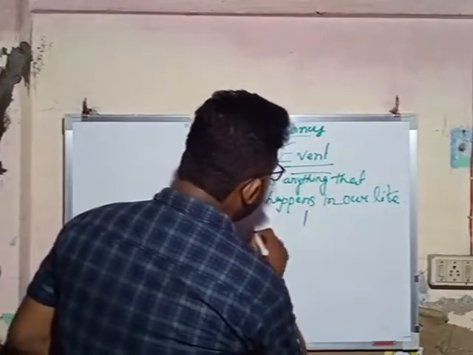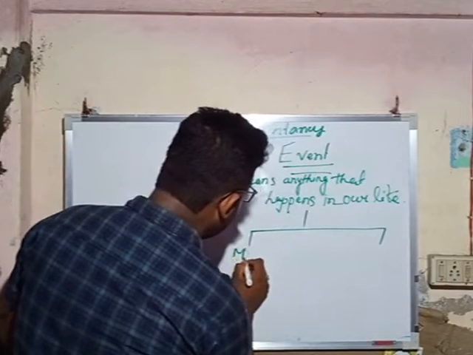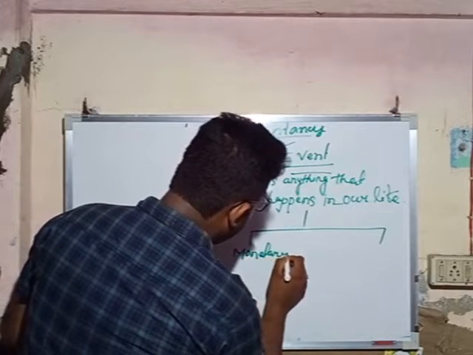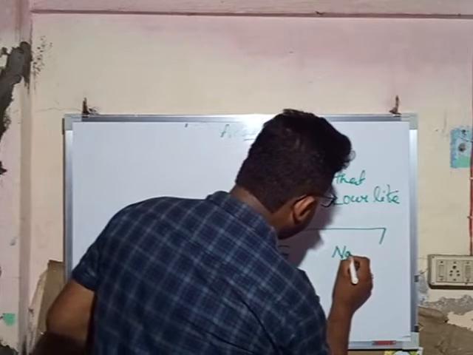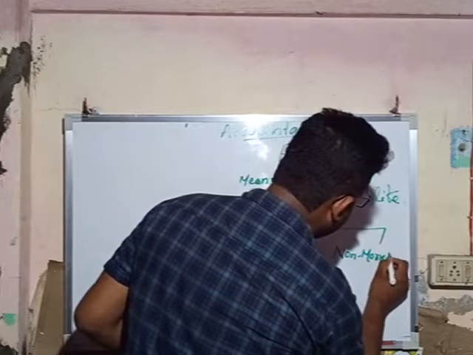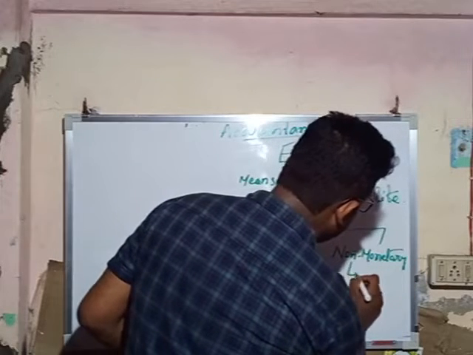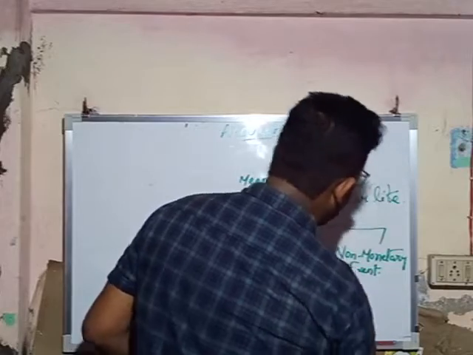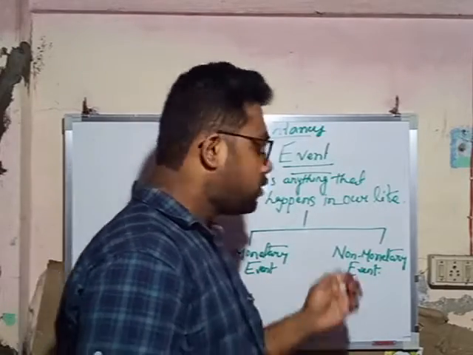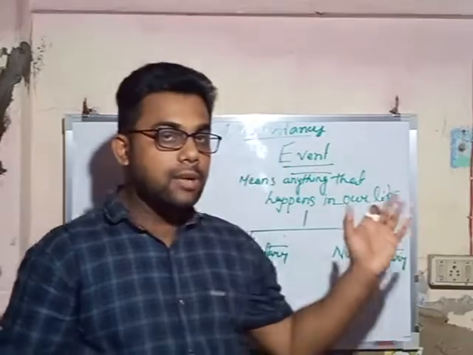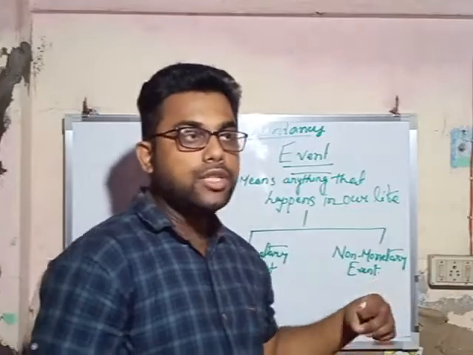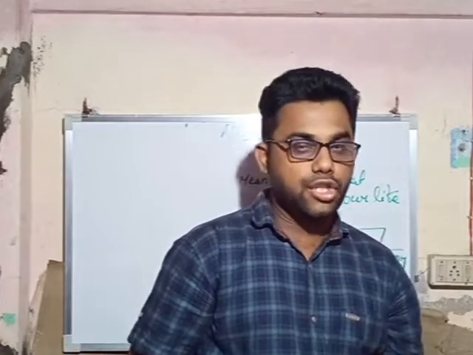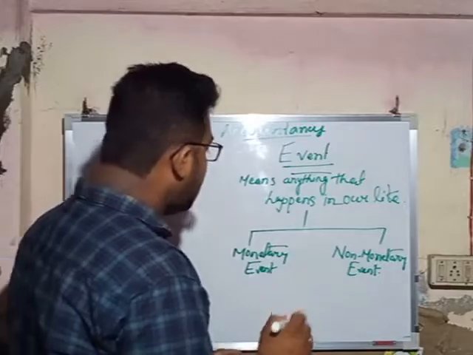So if we classify events, there are two types of events. One is monetary event and another is non-monetary event. So what is monetary event? Monetary events are those events which change our financial position, and non-monetary events are those events which do not change our financial position. For example, one monetary event is